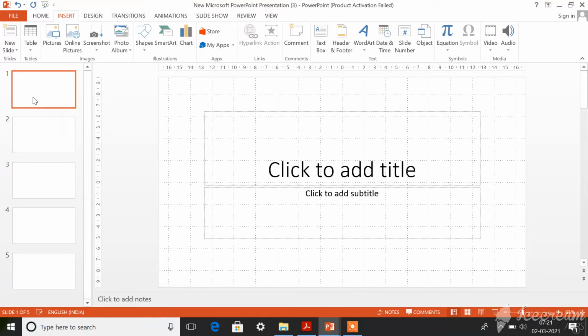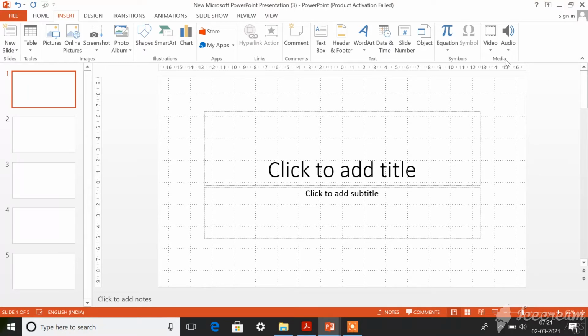First of all, when you click on the Insert tab, you can see many groups. This is what is explained initially in your chapter. Let's see what the groups are. You have Tables, Images, Illustrations, Apps, Links, Comments, Text, Symbols, and Media. These are the different groups available in the Insert tab.